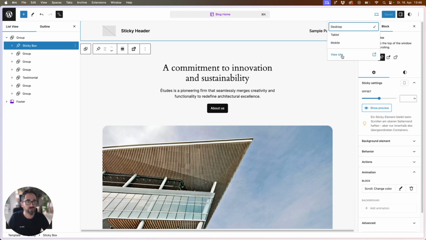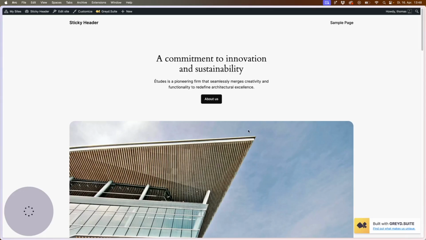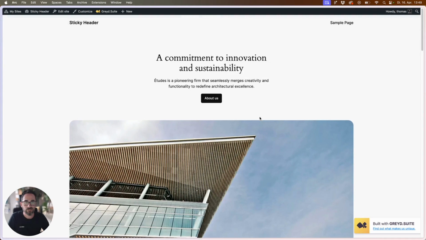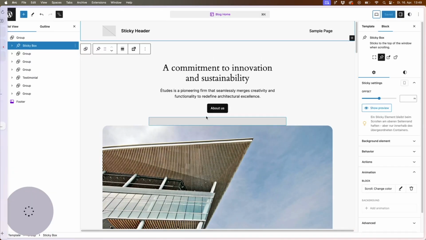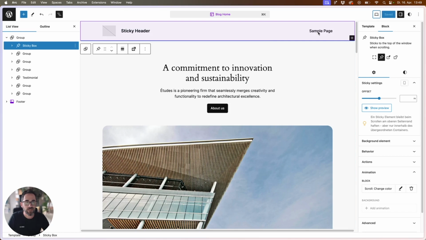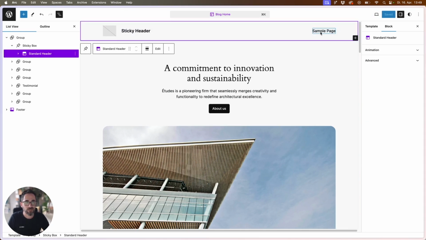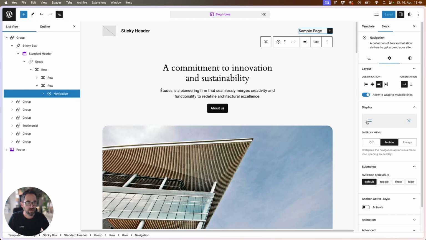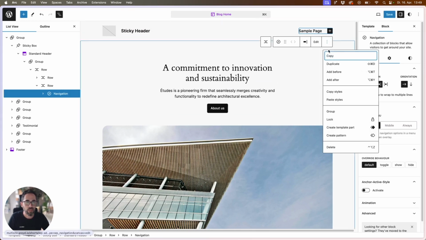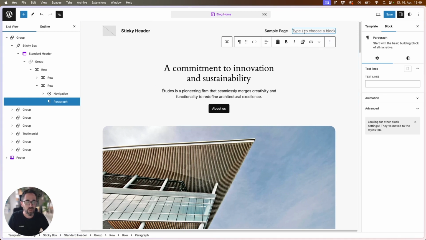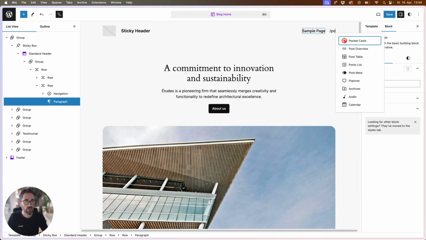So just look real quick into the front end. So already a sticky header. If we go into the back end and we want to get rid of the standard behavior of our navigation block, we just switch it off, the overlay menu, say add after, insert the popover block,